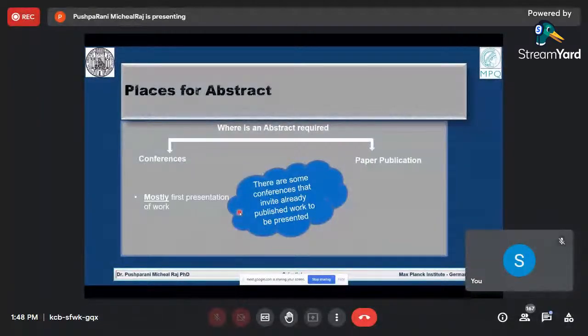But the interesting point here, which is not so motivating, is nobody can cite this conference paper. For the first conferences, we could do the citing work, but for already published work, we cannot do the citing. So this is only for trending kind of papers that we do this conference.